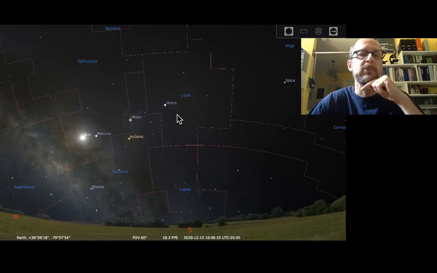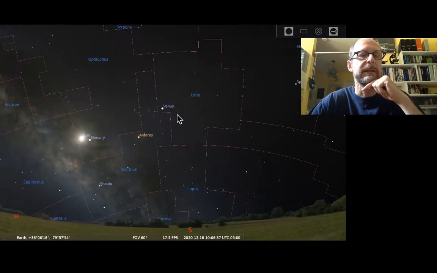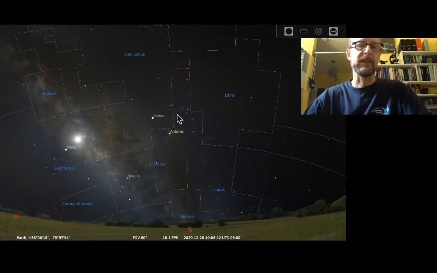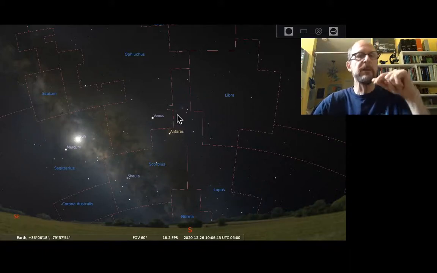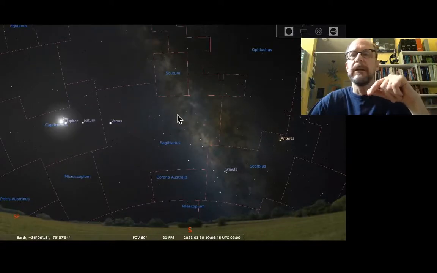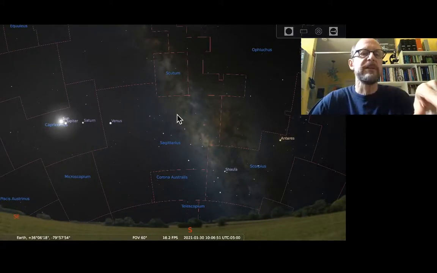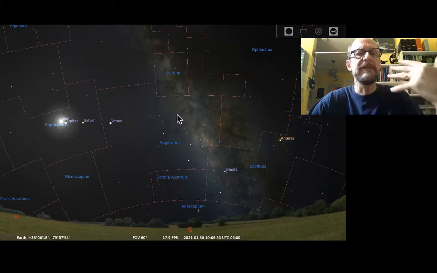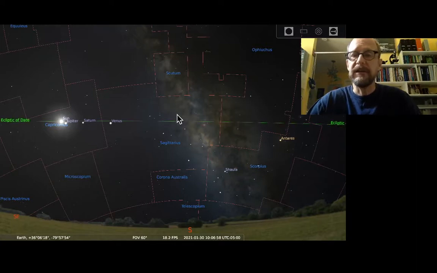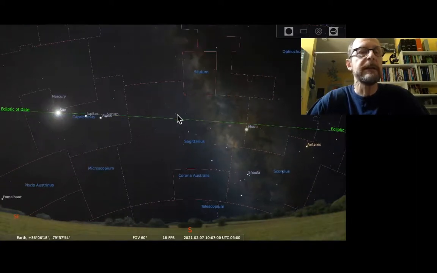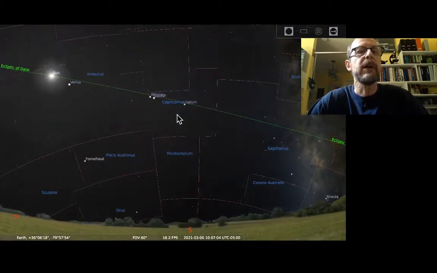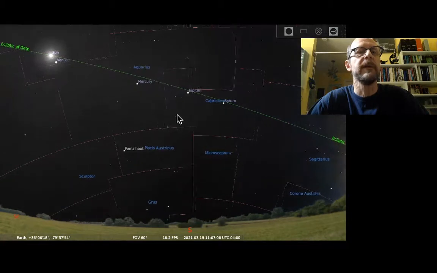And then here comes the moon zipping by much more rapidly across the sky, crossing the stars, crossing the celestial sphere, crossing the constellations. Now, there is one particular set of constellations that are of particular interest. I've mentioned Virgo and Libra, Sagittarius, Capricorn. These names may ring a bell. And that is because there's this line in the sky that defines the path of the sun through the constellations over the course of a year.